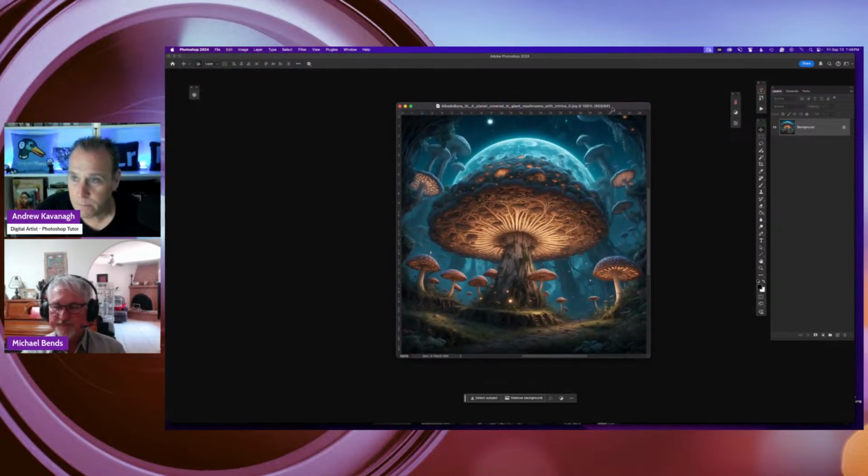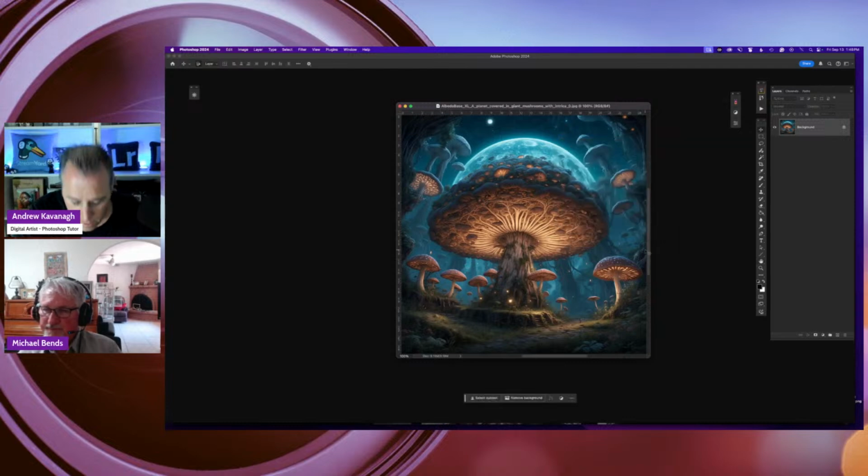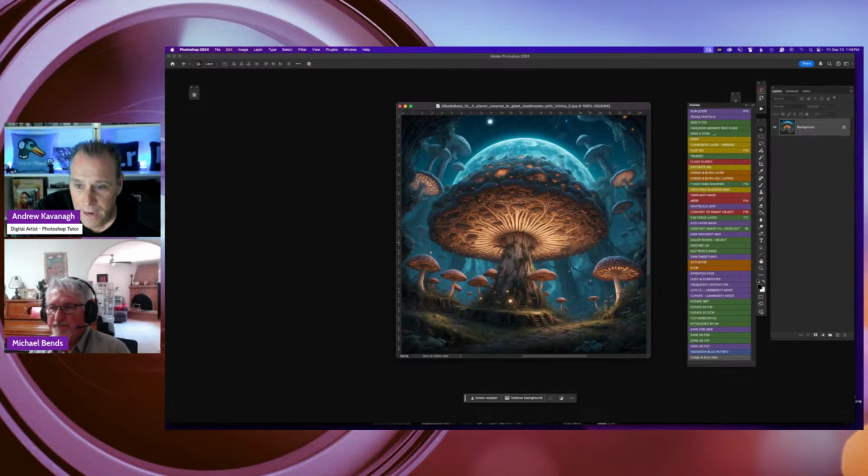Okay, so I was saying this one might be really nice for working on in Photoshop. The first thing is, I'll bring an image into Photoshop. And when I go to the image size, it says it is 1792 by 1792 pixels. Typically the first thing I do, just so you can see my workflow, is I have a series of actions I've worked on throughout the years.